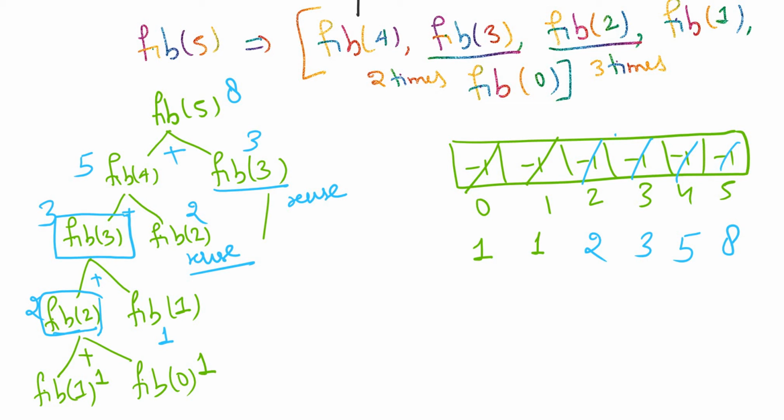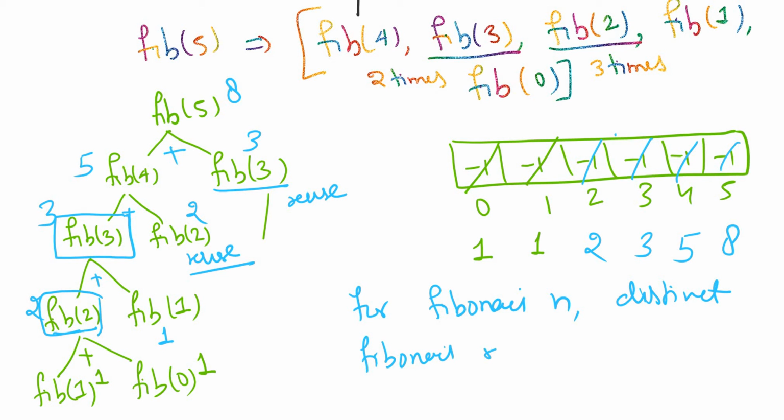So this is the major idea behind dynamic programming. We should find the common subproblems, and whatever distinct common subproblems there are, we should compute those distinct problems only once and store them. And anytime one is required again, just reuse it. So this is our second step, finding the common subproblem. We found that the distinct common subproblems are n. So for Fibonacci n, the distinct Fibonacci values required are n, which means we need an array of size n to store those values.